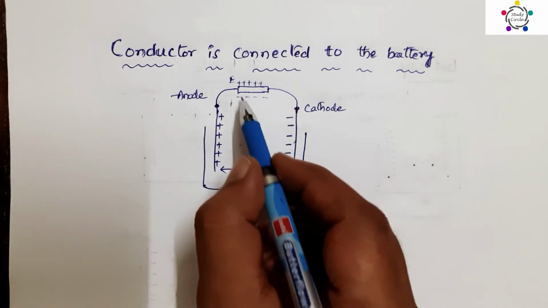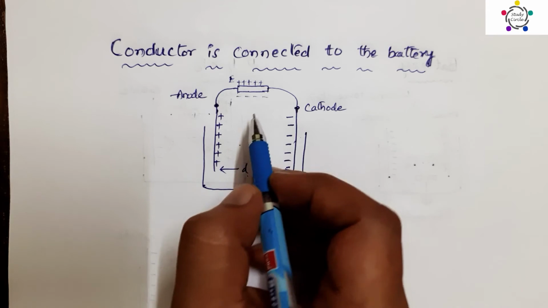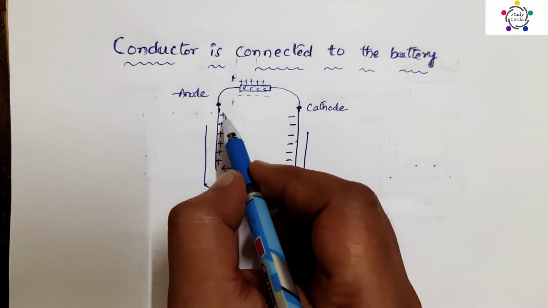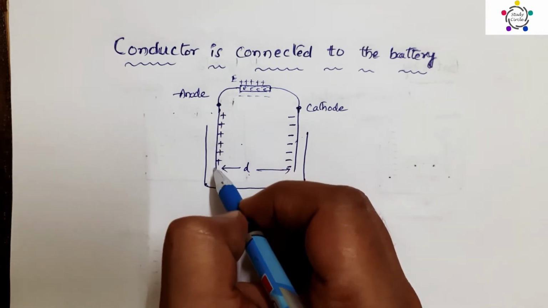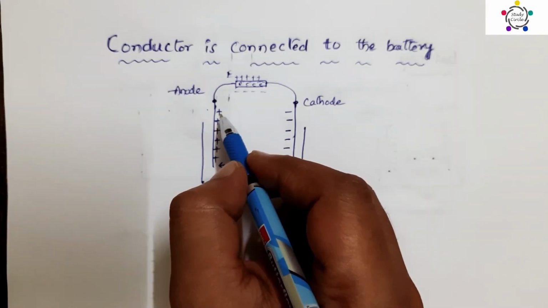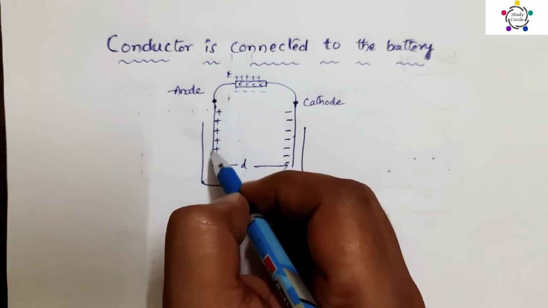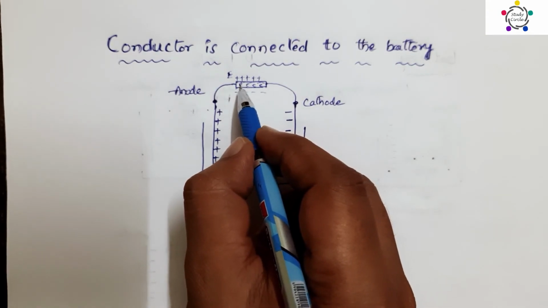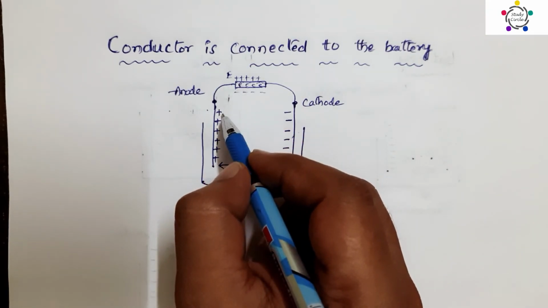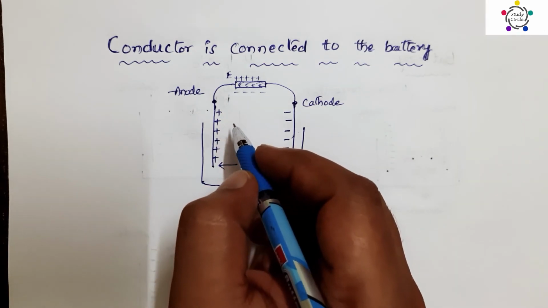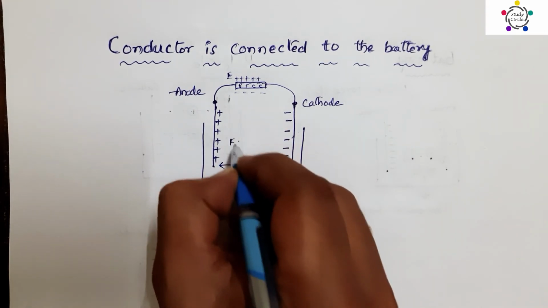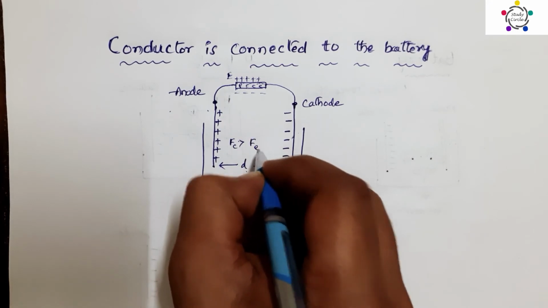We know that conductors have a large number of free electrons. Here this anode is positively charged. The positive electrode tries to attract one electron from the conductor. The amount of positive charge on the anode will be reduced. Again, the chemical force dominates the electric force. In this situation, the chemical force is stronger than the electric force.